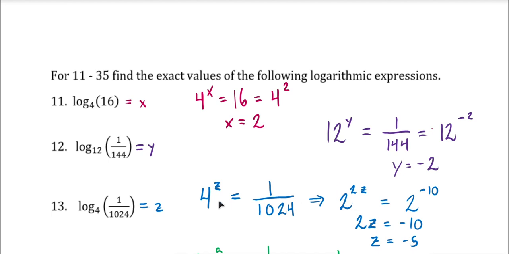And so we could also rewrite things this way, which I've done just to showcase this exponential comparison. If I know that I'm dealing with not 4 to the z, but 2 to the 2 to the z, I have the product of 2z in the exponent. And 1024, well, that's 2 to the 10. 1 over 1024 is therefore 2 to the negative 10. Now, since I've gotten the bases to be the same, I can just equate the two arguments, 2z and negative 10. Dividing off my 2, we get that z is equal to minus 5,